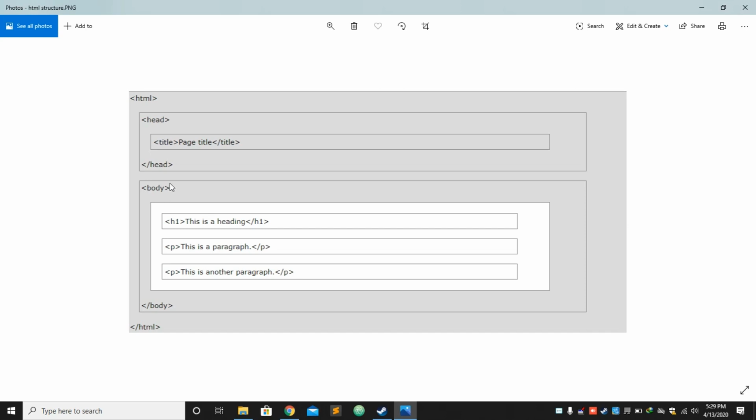We can write many tags in the body tag. So in this structure we have written heading and paragraph.